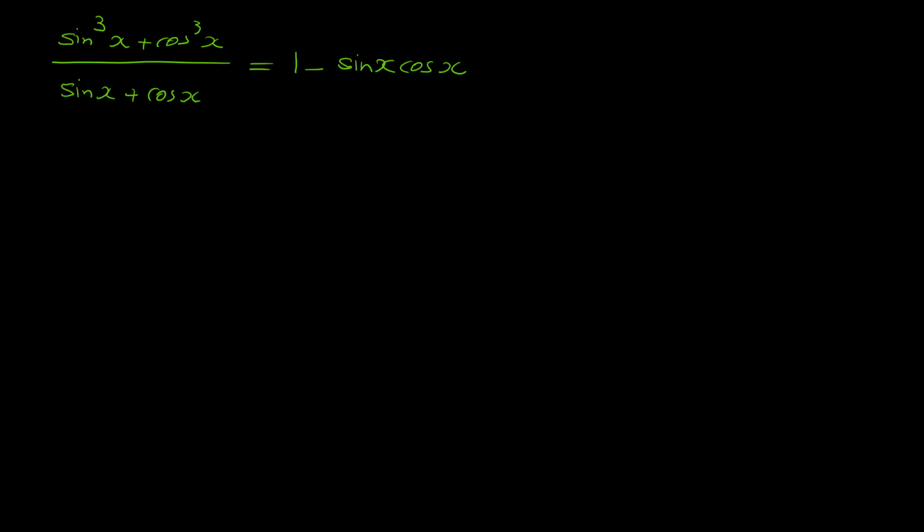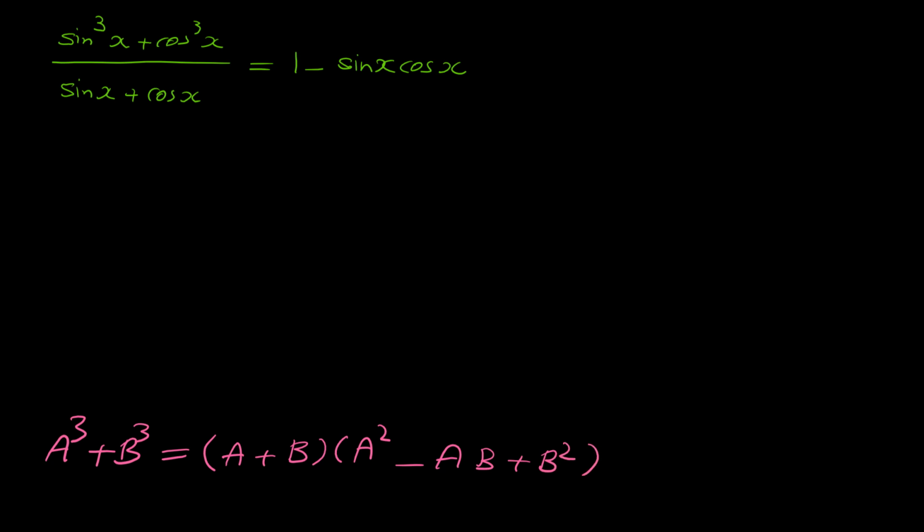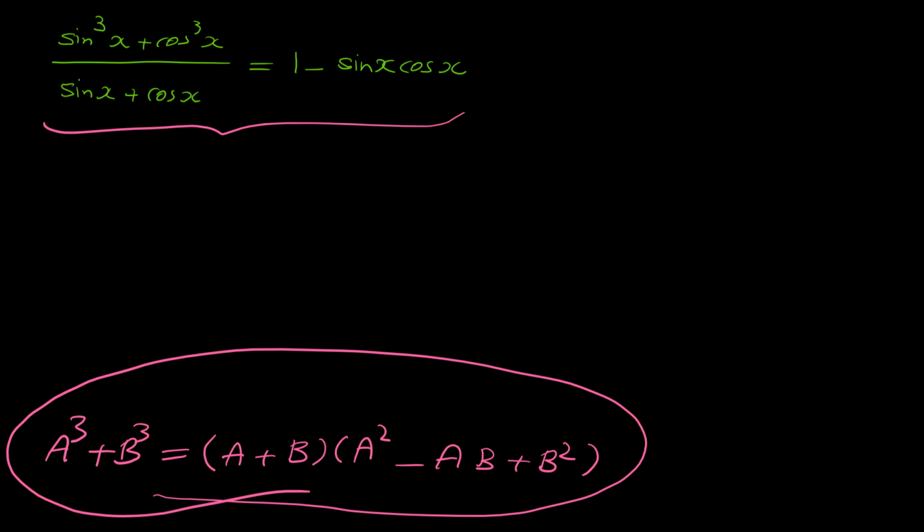For me, this reminds me of this famous identity: a to the 3 plus b to the 3 is a plus b times a squared minus ab plus b squared. If you want to be able to do complicated examples like this one, you have to be familiar with advanced formulas, advanced identities in algebra like this. You should be completely familiar with this type of identity, and you have to keep them in your head, not in the formula sheet,